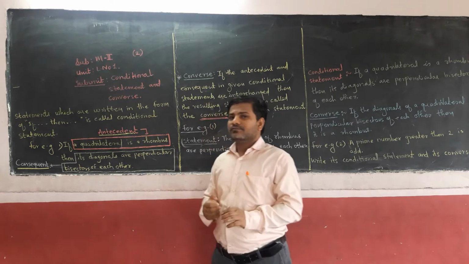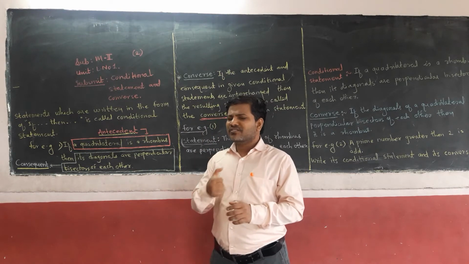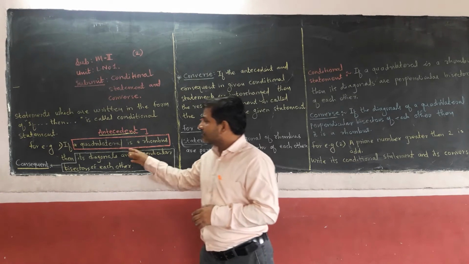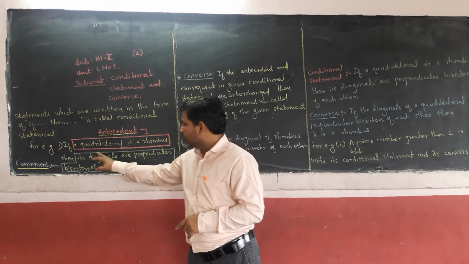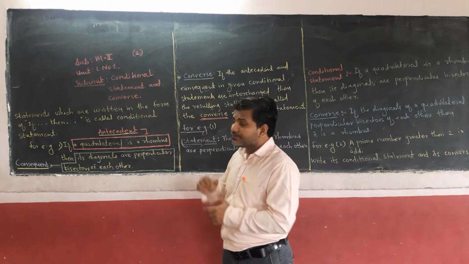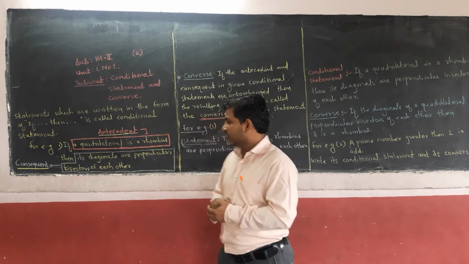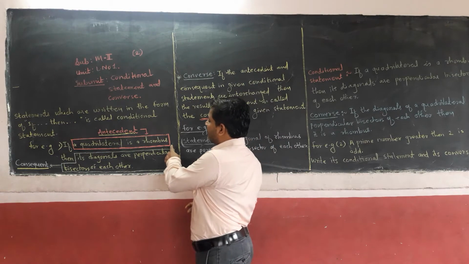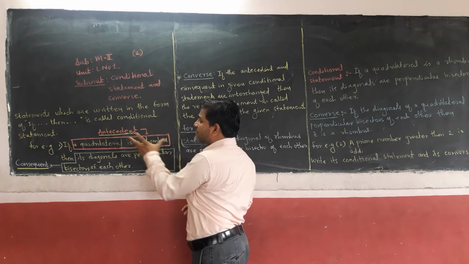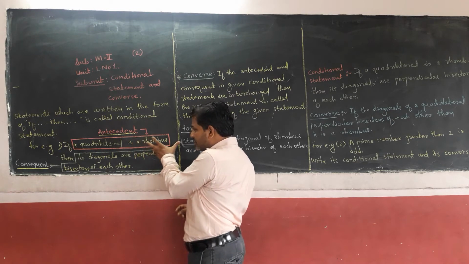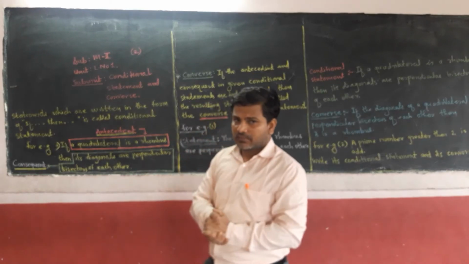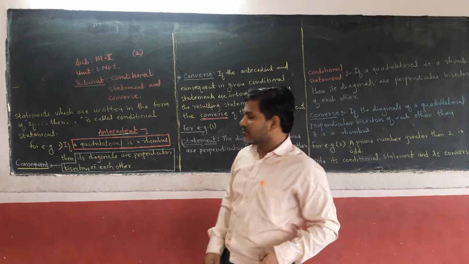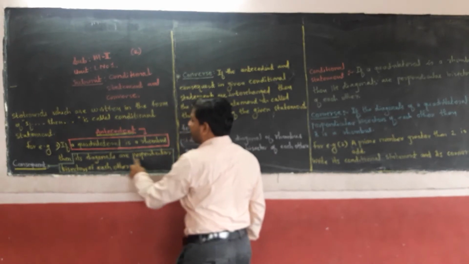In a similar manner, in mathematics also there are statements. Generally, in mathematics, statements are in the form of the conditional statement. Now you can see here one statement is written. For example, if a quadrilateral is a rhombus, then its diagonals are perpendicular bisectors of each other. See here, I have shown with the red box. It indicates the antecedent. This part after if is the antecedent. That is the given part. And what is written after then is called the consequent, the effect. It's the result. Therefore, its diagonals are perpendicular bisectors of each other.